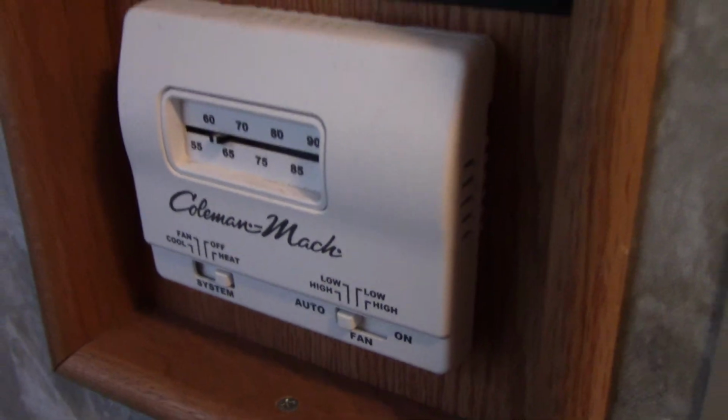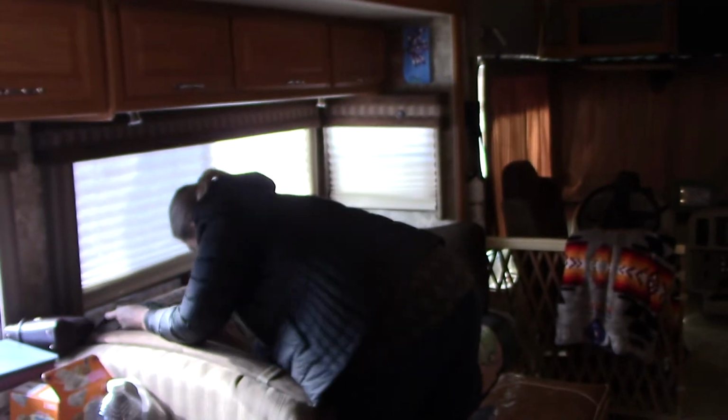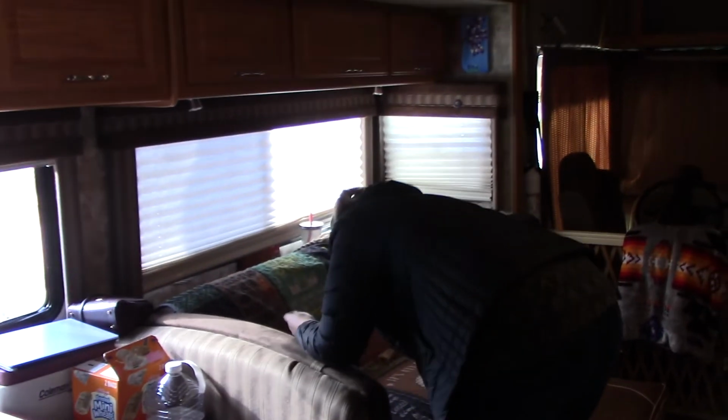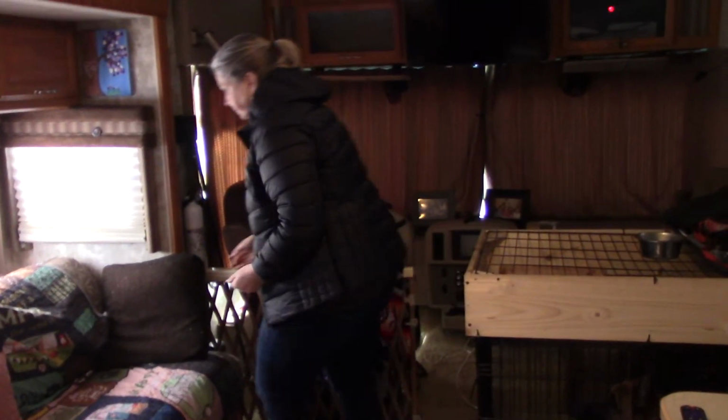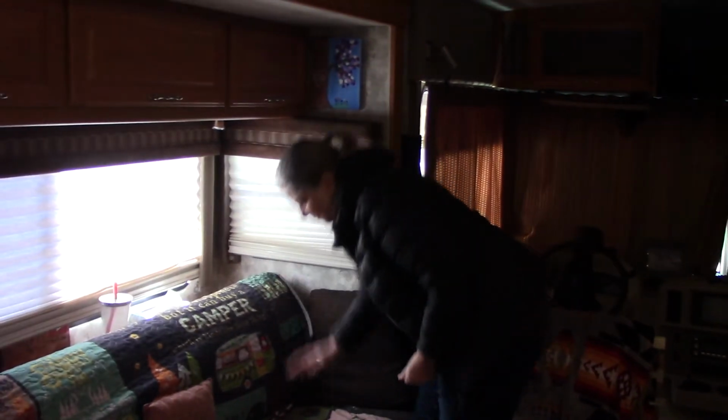And I'm gonna let it turn back off here. So we're all set. $100 later, we got a furnace running and heat again. So worth $100. Yes. Now I gotta pick up. So now she's picking up. You expecting company? No, I just look at